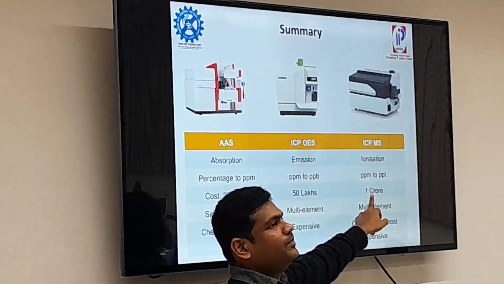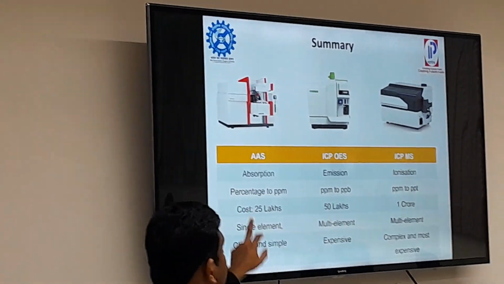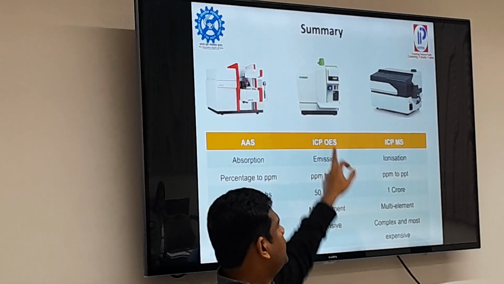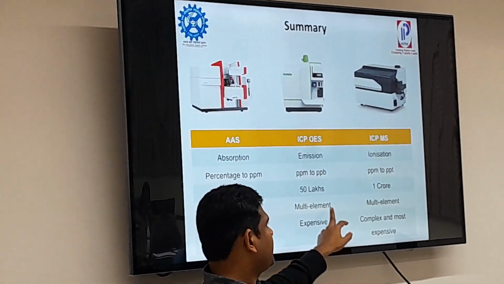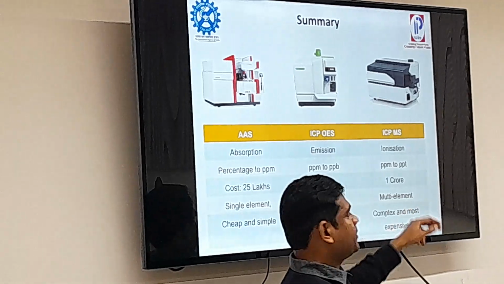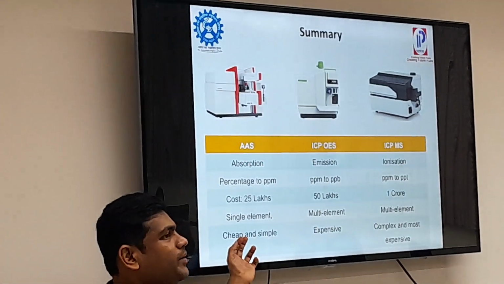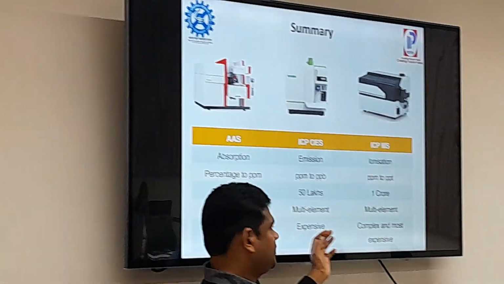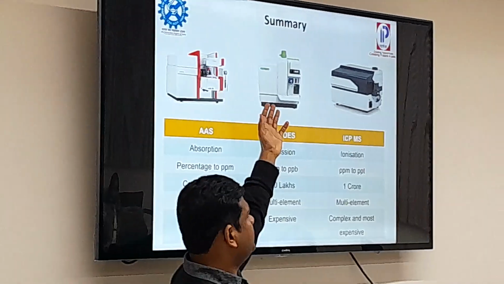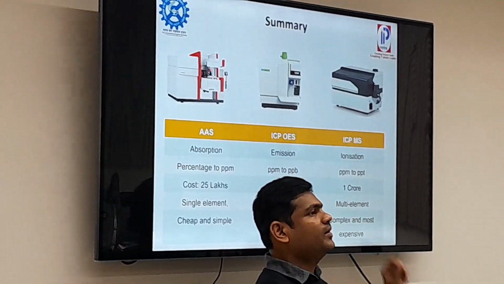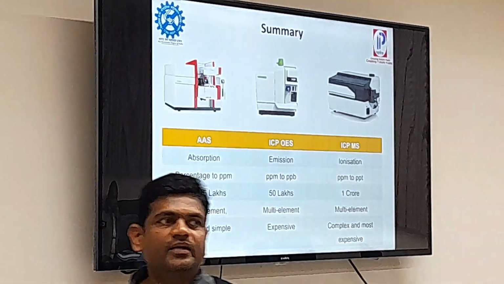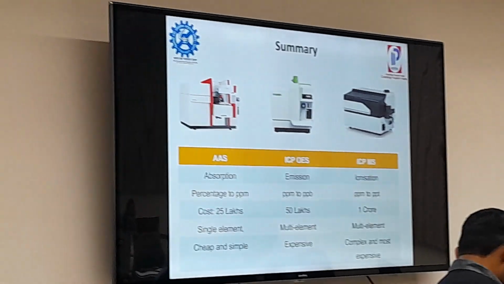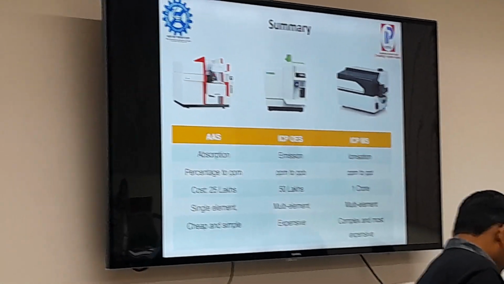Again, it's double in the case of MS. This is a single element analysis, so you need to do it one by one. Here it is multiple analysis at a time, and this also is multi-element. This one is cheaper, simple, everybody can handle it. This is expensive, and some technical skills are required to handle it. This is more expensive, and we should have more knowledge to handle the equipment. So these are about elemental analysis techniques. If you have any question,